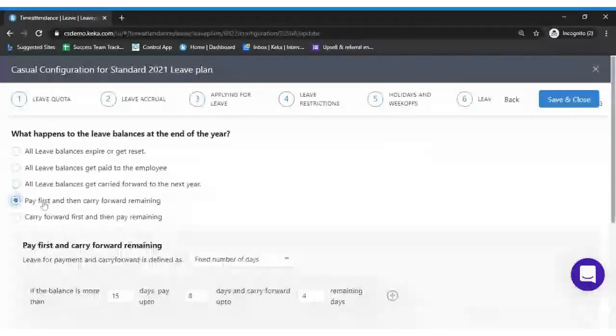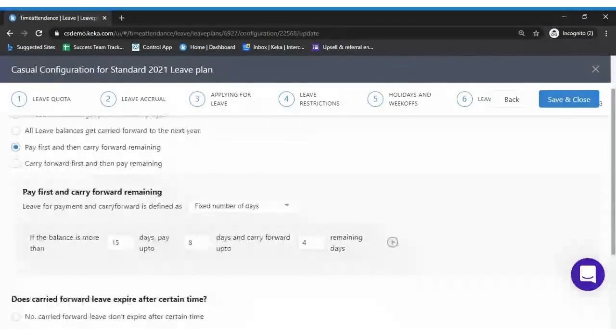Moving on to the next option, which is pay first and then carry forward. Both these settings, pay first and then carry forward, and carry forward first and then pay remaining, are very interesting options. Let me take some time on the two options. In the first, pay first and then carry forward remaining, we can restrict to a certain number of days.